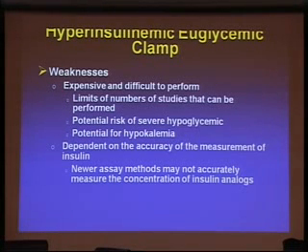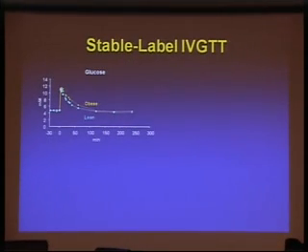In addition, you usually have to infuse potassium to keep the patient from becoming hypokalemic, and it's dependent upon the insulin assay as to what the values actually are from center to center. So IVGTT is something that's been very popular and is easy to do if you do the cold IVGTT, in